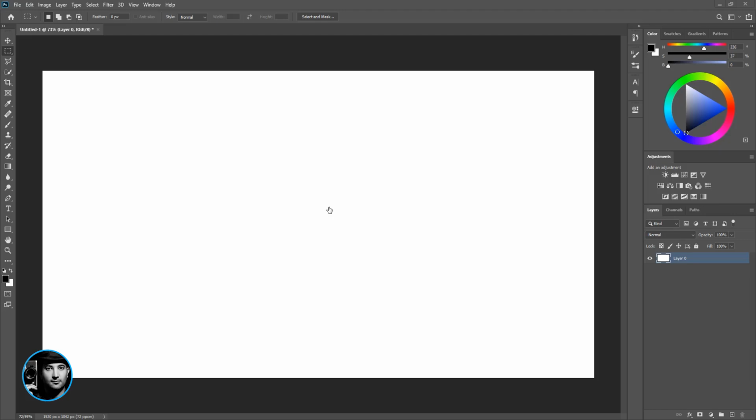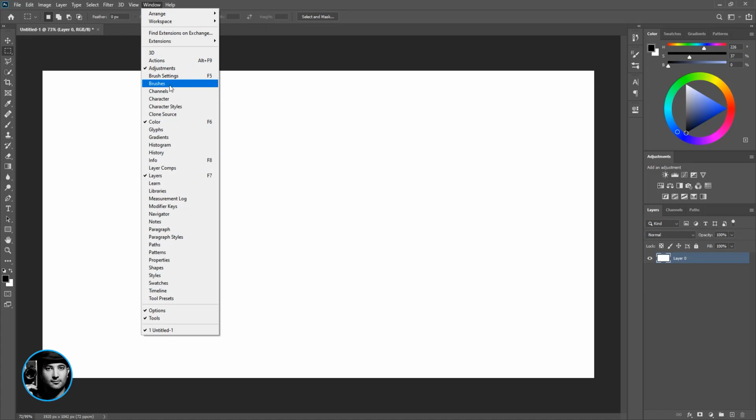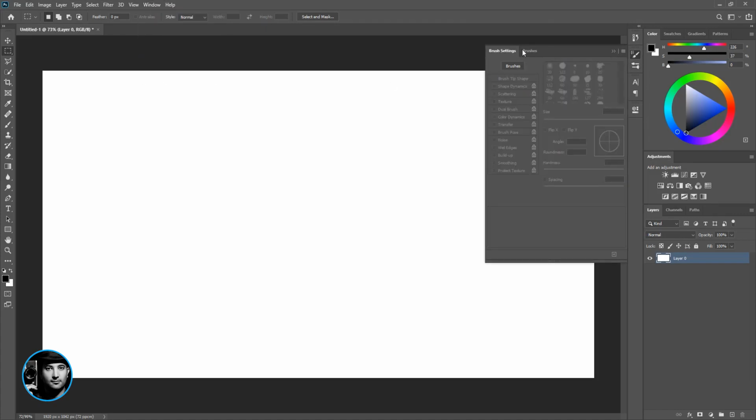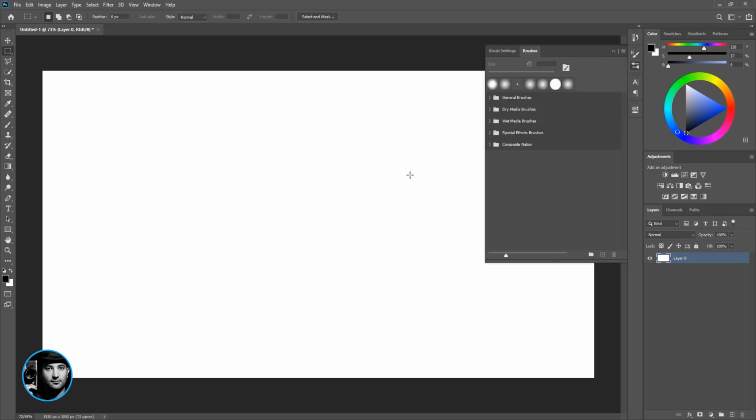Alright, let's work with brush presets and brush settings. Let's go to Window and look for Brushes, click on it. Let's go to Window and click on Brush Settings. So we have these two options here. Now create a new layer, press B on your keyboard, and for now we are in Brushes and here is